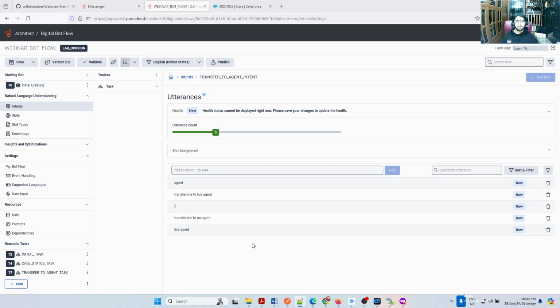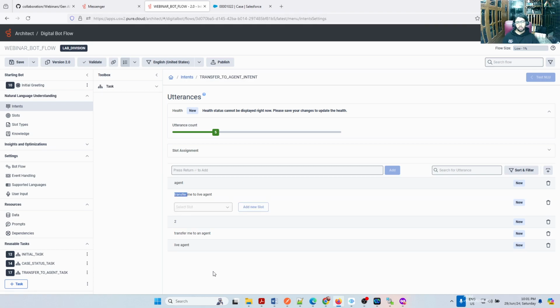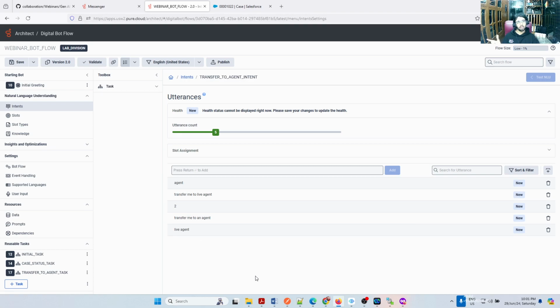Okay, 100% of the utterance should be matched, right? A kind of matching will also say it will confirm. There is a percentage of utterance matching. It will confirm, saying okay, do you mean this? We can try that. When I simply type transfer, I don't have a transfer utterance here, right? It says transfer me to a live agent, transfer me to an agent. If I simply type transfer, it's going to consider that, okay, it might be this. Then it will ask, okay, do you want this? That comes. We'll see that. So just to make 100% it should be matching, that's the reason I have added 2 here.